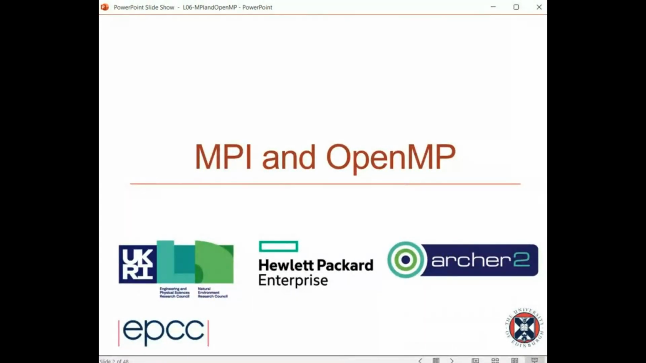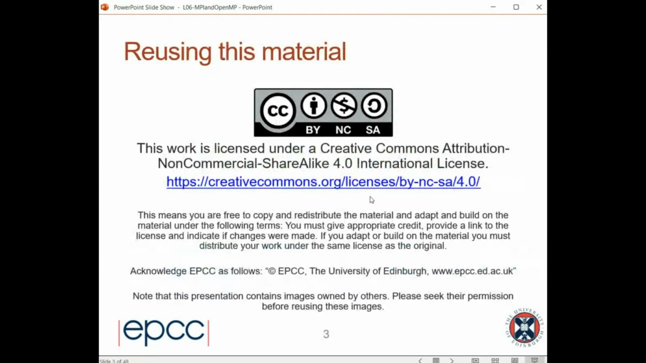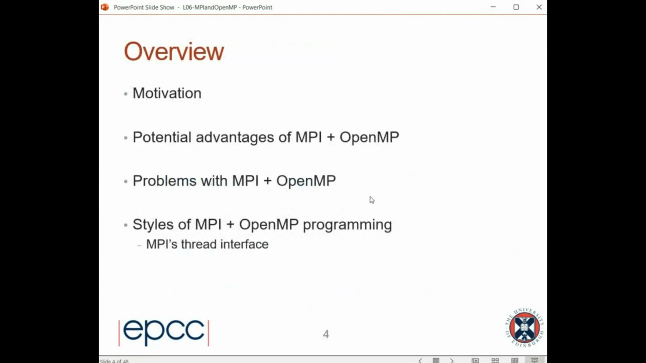Okay, so MPI and OpenMP. I'll talk about the motivation, the potential advantages, and the potential problems. I'll spend quite a bit of time on the problems because a big mistake that people make is they say,